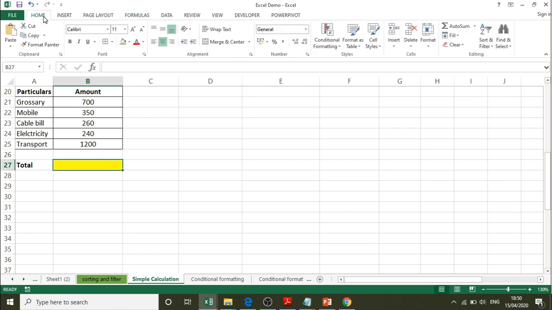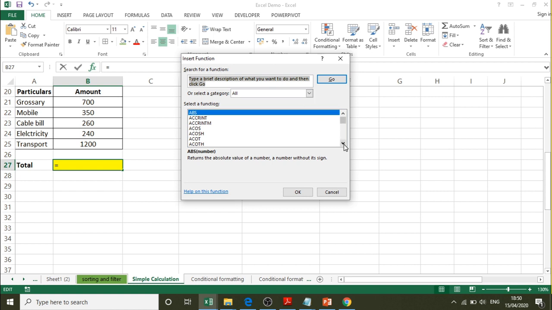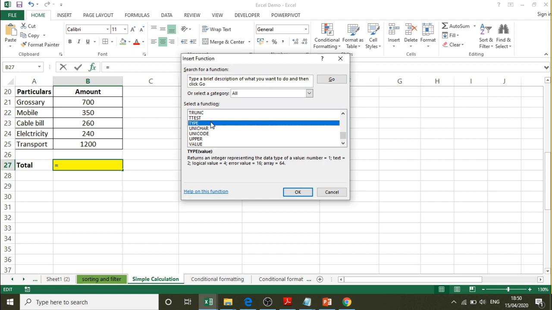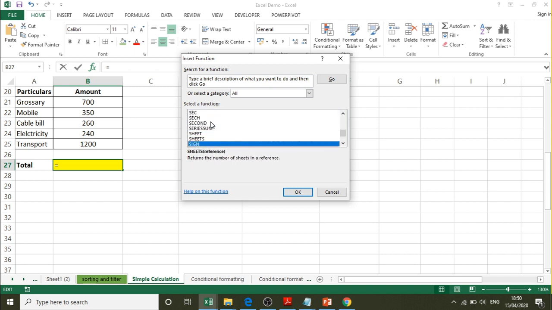I will just go to the Home tab and make use of this fx button. You can see the list of functions which are available in Excel. I am making use of the SUM function here. It also shows what the use of this is: adds all the numbers in the range.